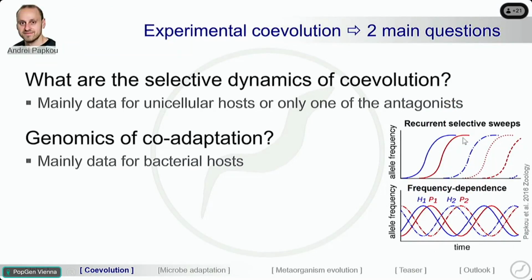And I briefly highlight that the two main hypotheses about the selection dynamics for host pathogen coevolution look like this. So either you have recurrent selective sweeps, so novel variants appear, they sweep to fixation, and then you get the next one at some time point. The alternative is frequency-dependent dynamics, where you actually have host and pathogen alleles that never fix, but always oscillate. So you have fluctuations across time of the same kind of alleles. And there had been a debate which of these dynamics are more important. They have been addressed in a variety of organisms, and we try to contribute to this field by doing experimental